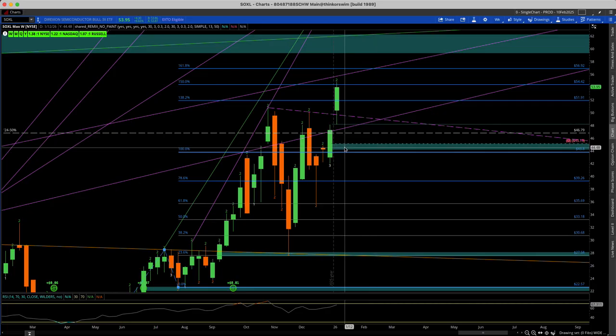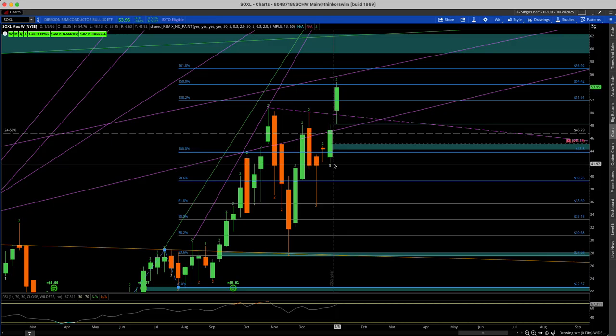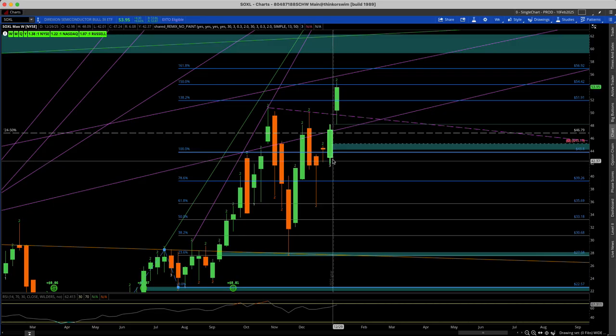And if we do pull back to close that gap, that then flips us into full time frame continuity to the downside, where the week, month, quarter, and year would be red. So the bottom of the three would probably be the least of our worries, or I don't want to say the least of our worries at that point, but